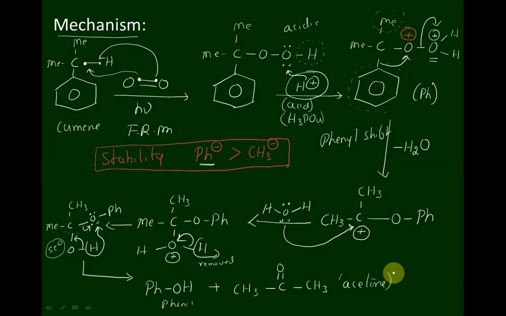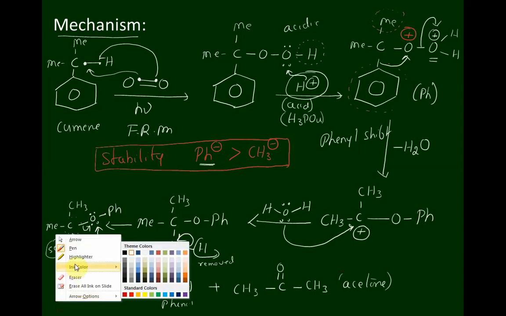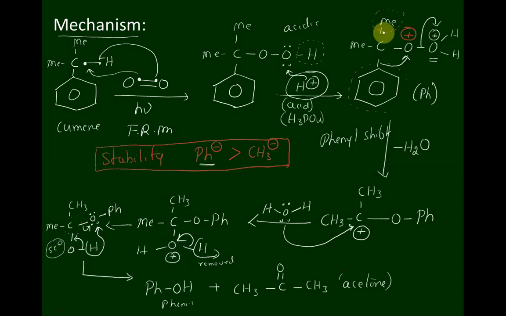Pause the video and please note it down. Here I have given one piece of information about stability with respect to phenyl as well as methyl. Whenever the methyl group gets bonded to this oxygen atom, it is called a methyl shift, or whenever the phenyl group gets bonded to this atom, it is called a phenyl shift. When a phenyl shift takes place, resonance is possible. More resonating structures mean greater stability of the molecule, and greater stability means greater reactivity of the intermediate.